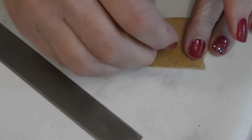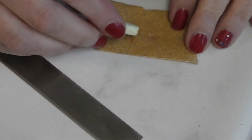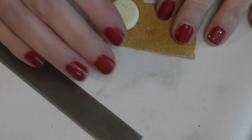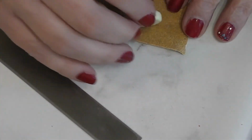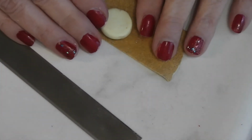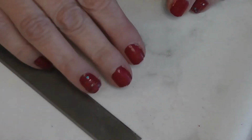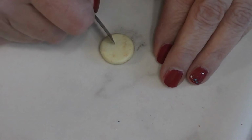Now, I have sandpaper. And it's okay if this picks up a little bit of color because we're actually going to paint it when we get done, when it gets all baked. Right now I'm trying to get texture. It works better if you have a coarser sandpaper. I couldn't find my coarser sandpaper today. So once that is nicely textured, we've got it nice and even,